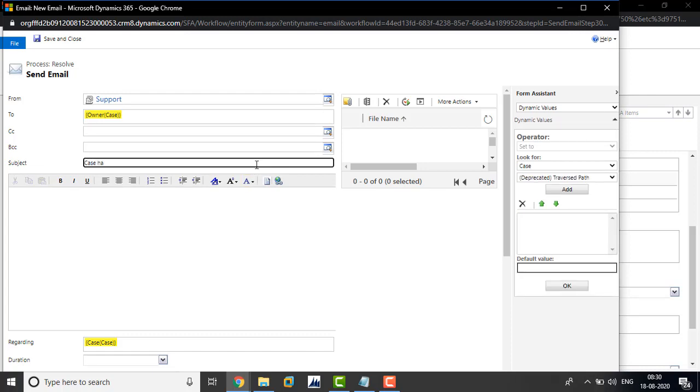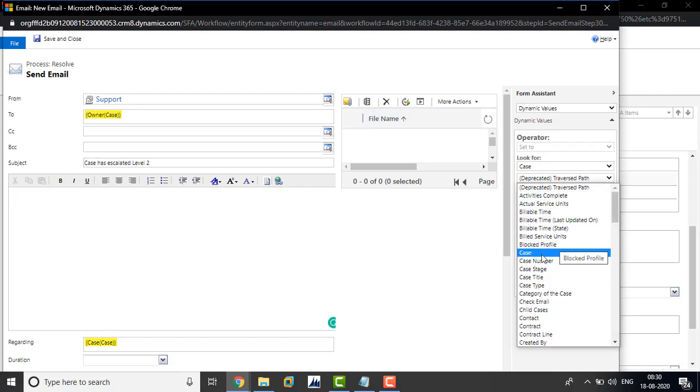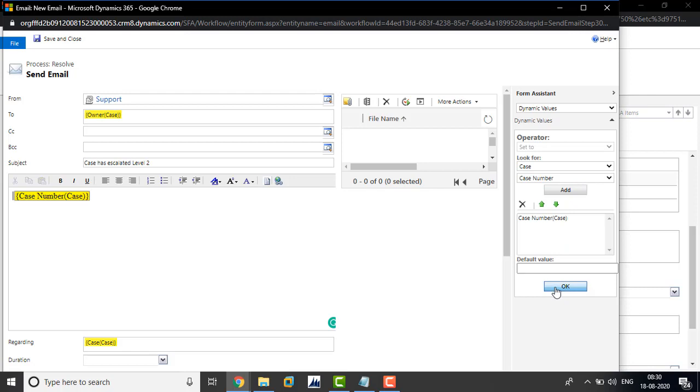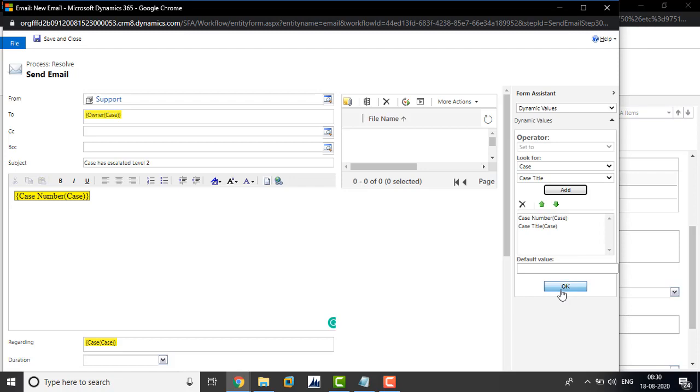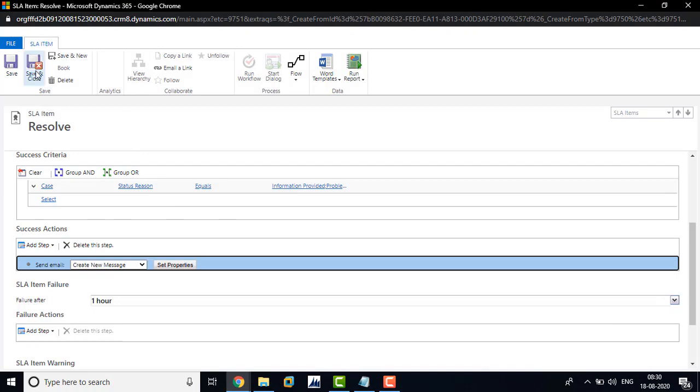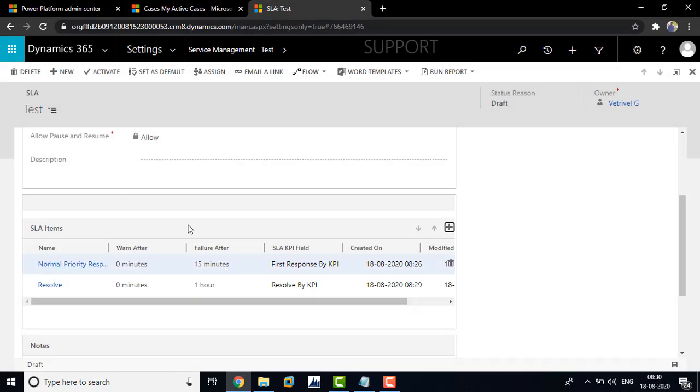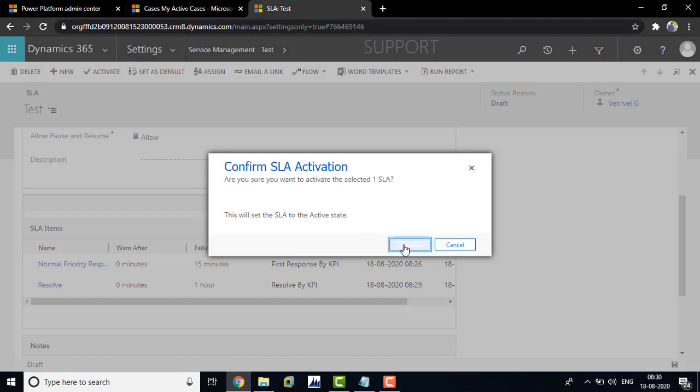Case has been escalated, level 2. You can add more values. You can choose the case title as well. So just save and close, and save and close. Now you can activate your SLA.